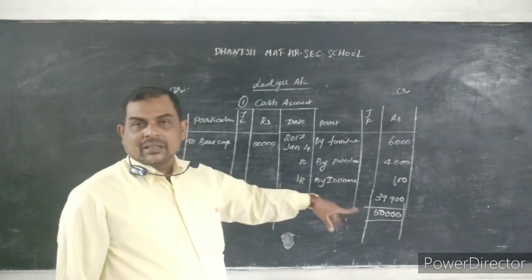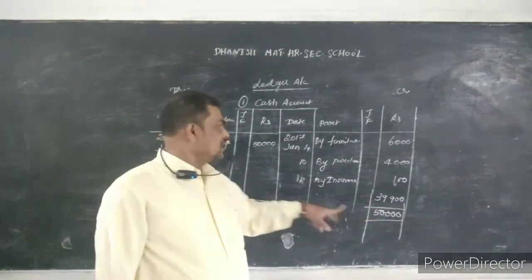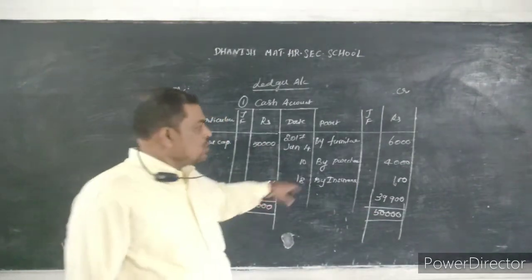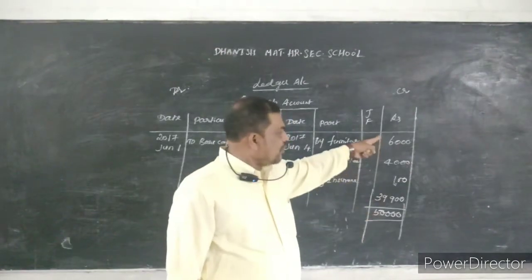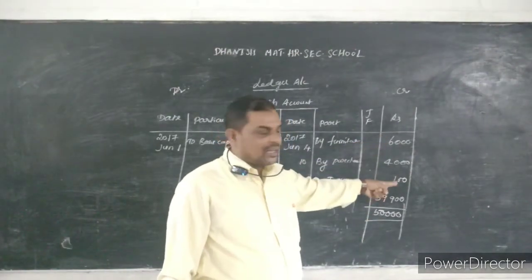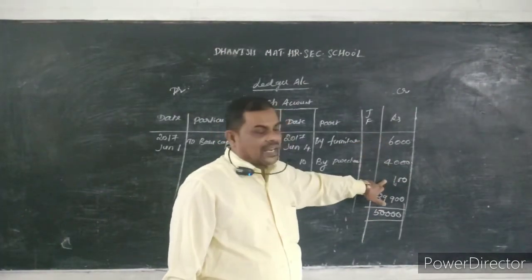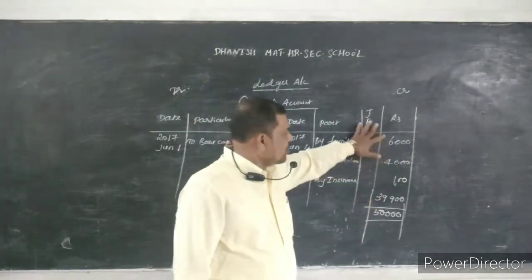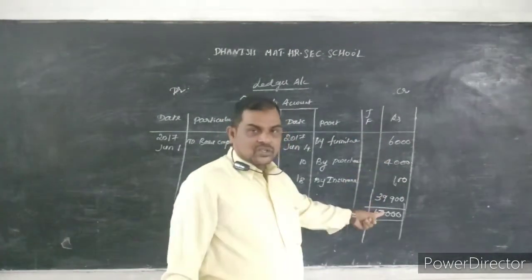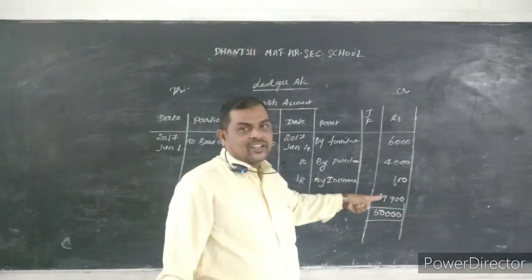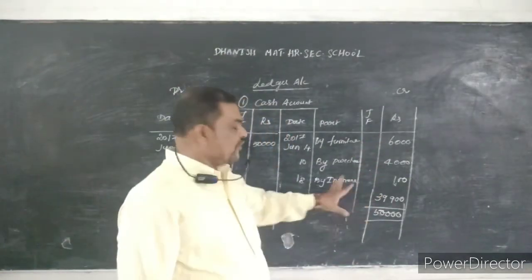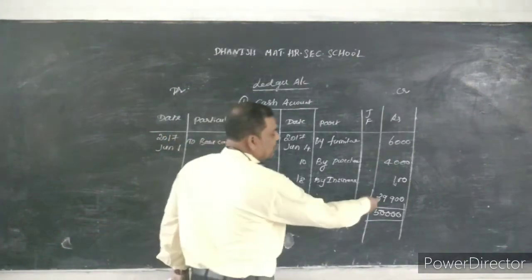See, the rule of the ledger is what? Which side is bigger? The bigger amount should come on both sides. Here 50,000 is there, so here also 50,000 will come. Means what we have to do? From the 50,000 we have to deduct whatever items are available here. So 50,000 minus 10,100 gives 39,900. Now here also 50,000 has come. You add 6,000, 4,000, 100 plus 39,900, which is equal to 50,000 rupees. So what is this amount called?